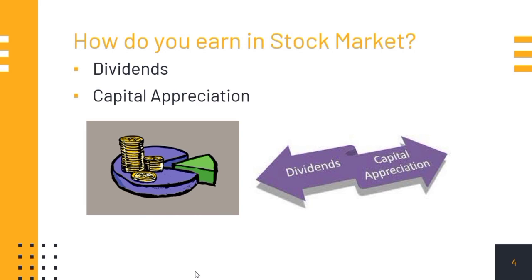Next, capital appreciation. You can earn by buying stocks low, and hihintayin mo yung particular stock na yun na tumaas at saka mo ibebenta. So, parang buy low, sell high. And itong dalawang type ng earnings na to is passive income.